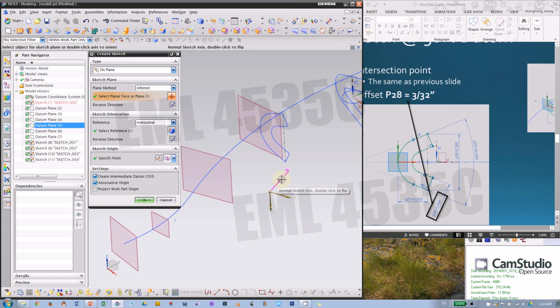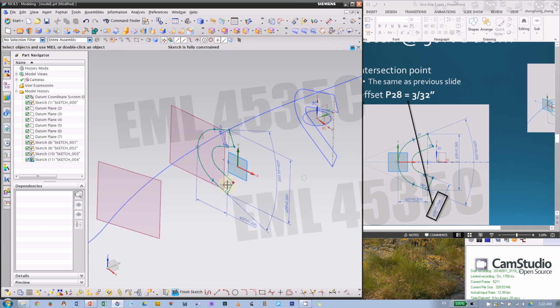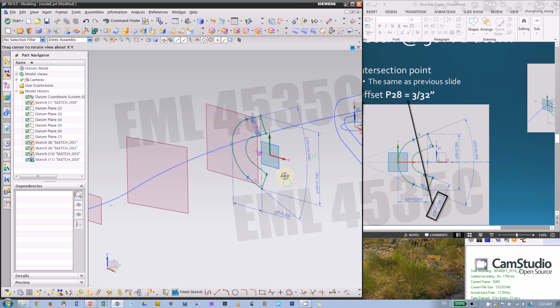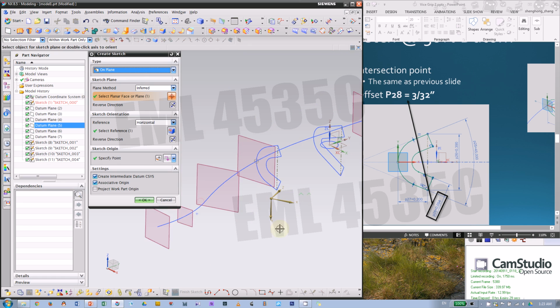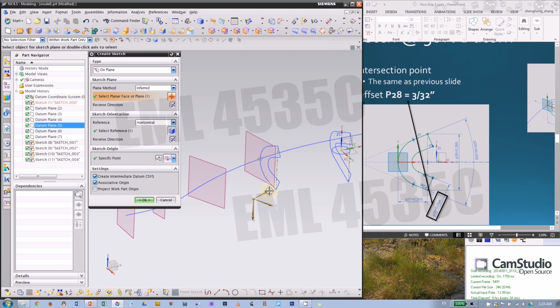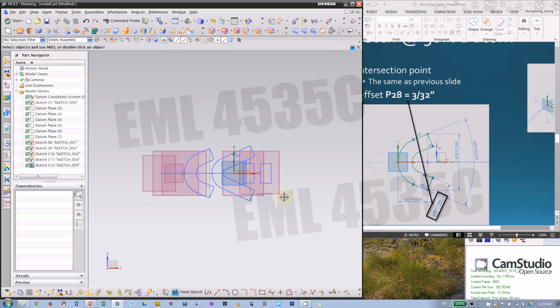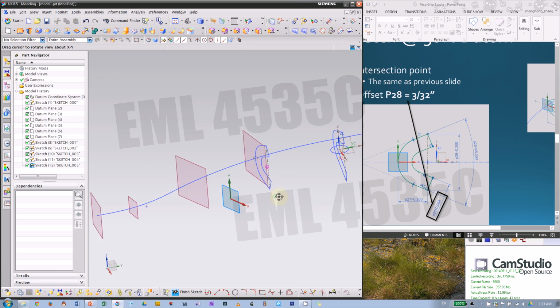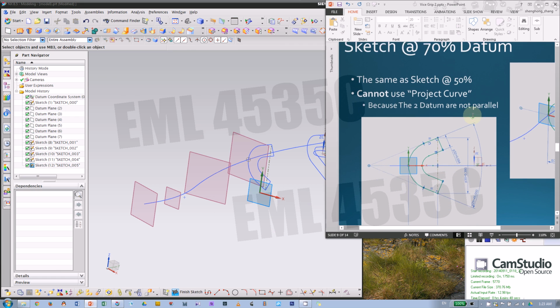Okay, now you can tell this normal is different now. Normal is pointing to the top right corner, and if we go back to this, the Z is coming out of screen towards us. Okay, and if you create a sketch on this datum, Z is going into the screen. So again, you can double click and flip the Z to get the appropriate axes. Okay, now it's the same as this sketch. Of course, I can go to next